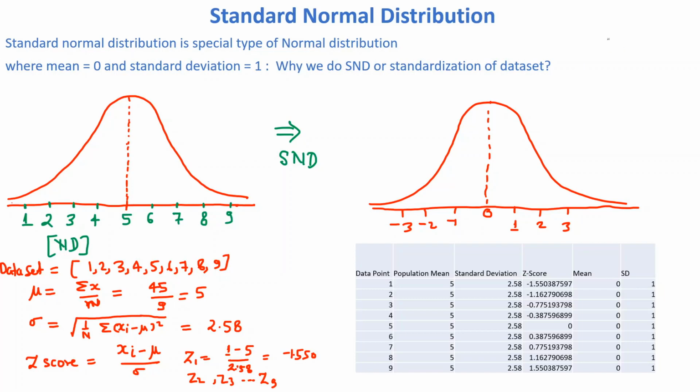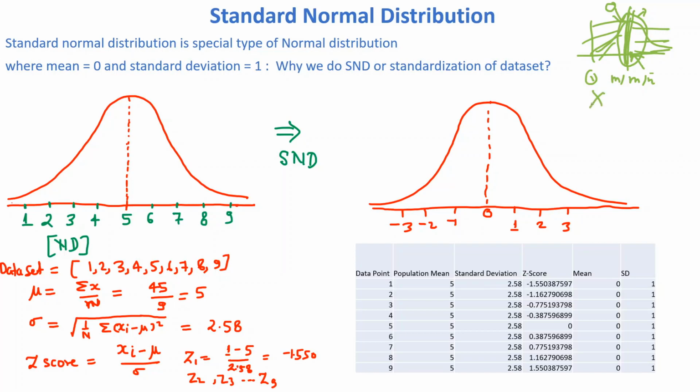Let me go through a very small discussion here. What is the normal distribution? If the data has this type of curve, where most of the data falls near the center, then it is called normally distributed data, and it should follow some conditions. Mean, median, and mode will be at the center. The second property is that the data should have one peak. The third property is that if we divide the data from the center, the left and right sides will be like a mirror image.